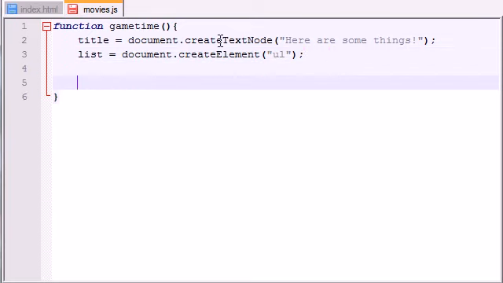So now what we basically did is we created a piece of text, and this is kind of going to be like the header, and we also created an unordered list. Now what we need to do is add items to that list. So let's go ahead and see how to do that. item1 equals